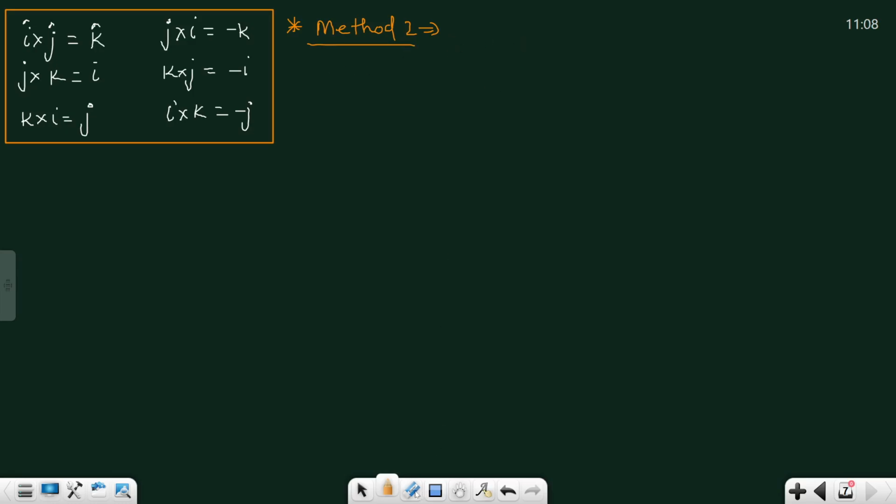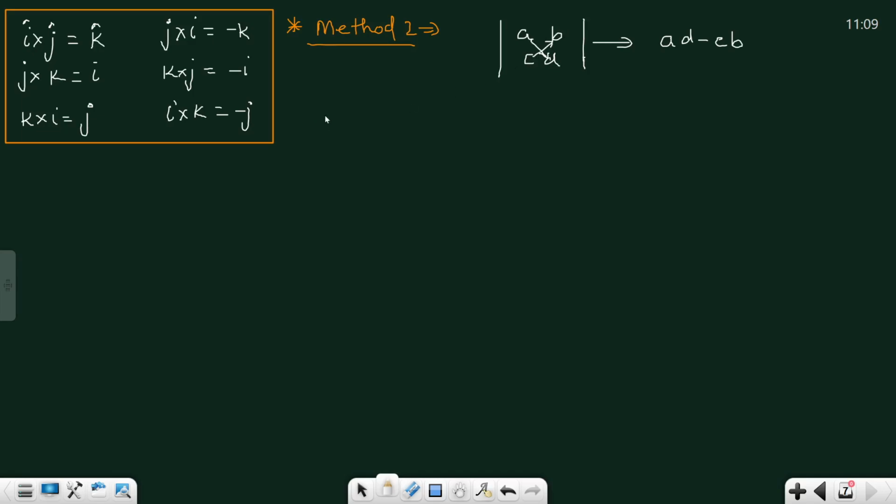If you are having a determinant, you have four terms: A, B, C, D. When you go for the calculation of the determinant, what you will do is A into D minus C into B. So A into D minus B into C, or C into B, both are the same term.